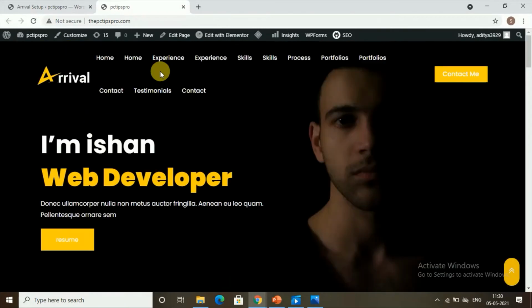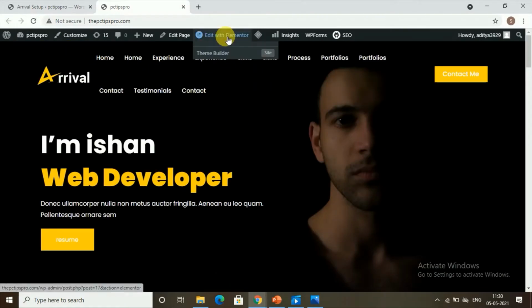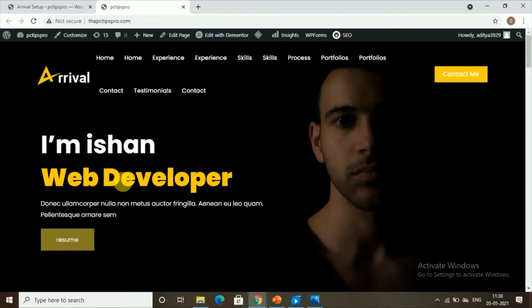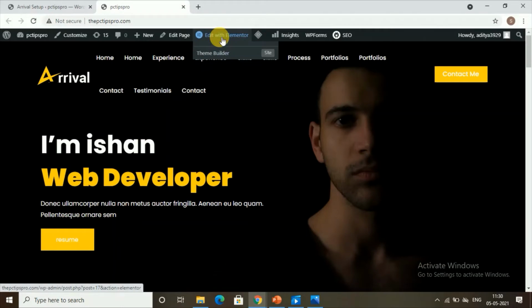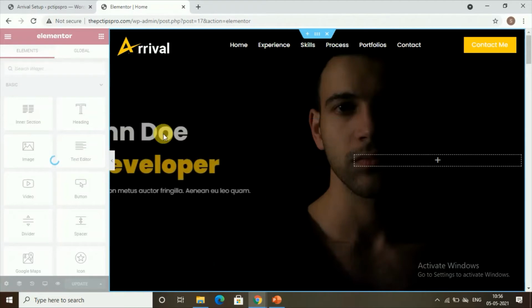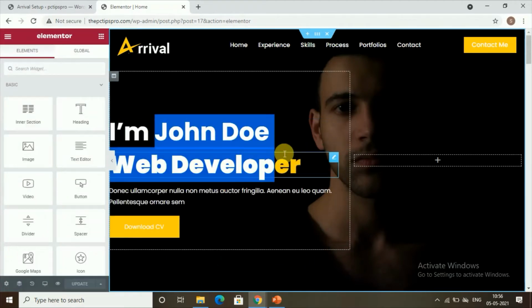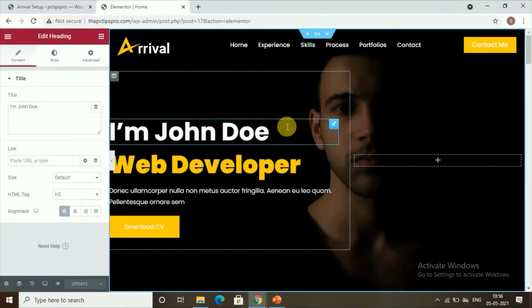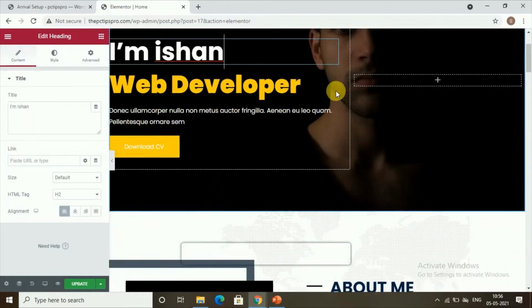Now we will go to the next step, that is we need to edit with Elementor in order to change the content on this page. So click on Edit with Elementor. You can now customize this design, like you can select the text and add your own text, like the name here is given as John Doe. You can give your own name, like you can say Ishan,